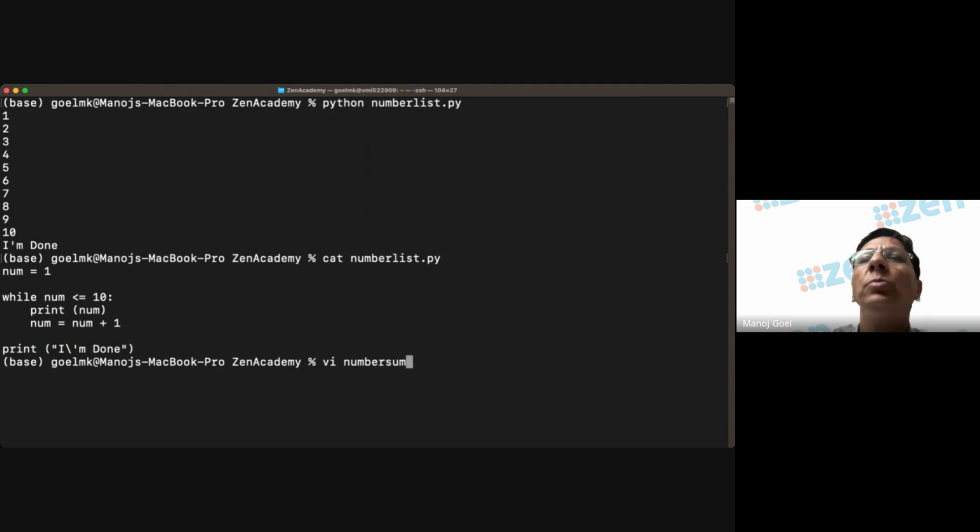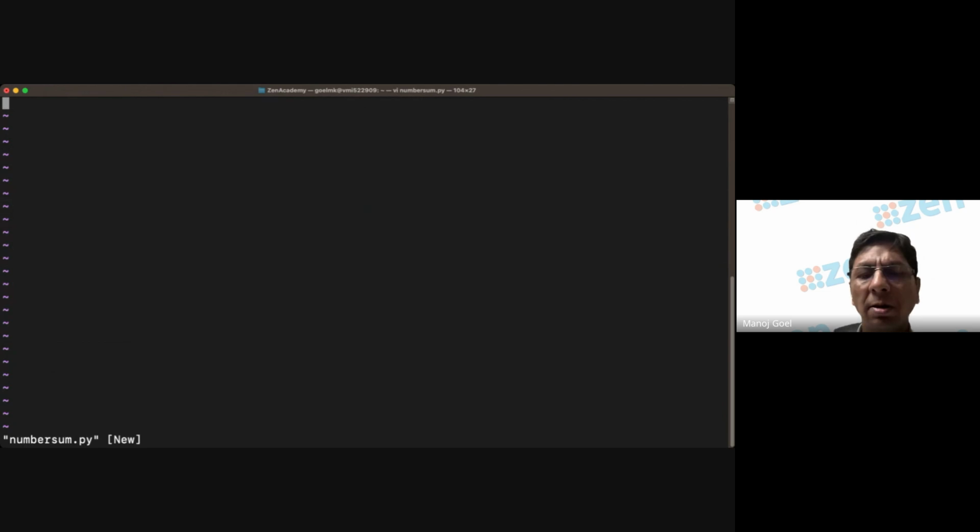Number sum dot py. Okay, and here we want to be doing, let's say a variable is sum, or whatever the value you want to call it. So the variable is sum equals